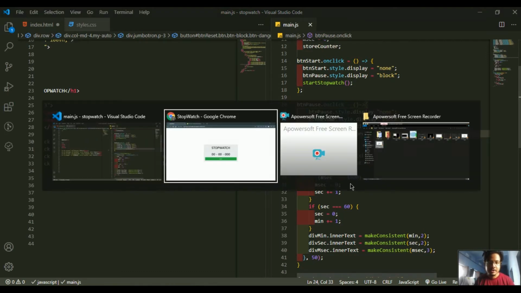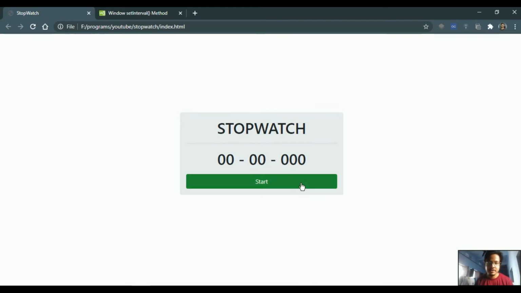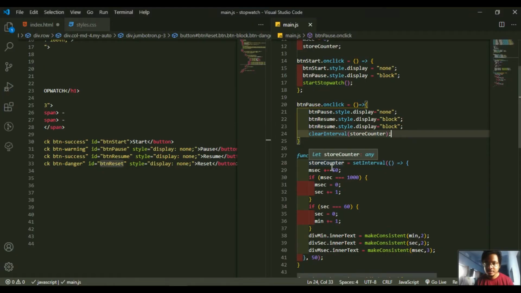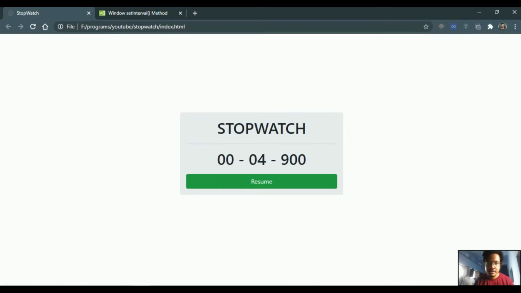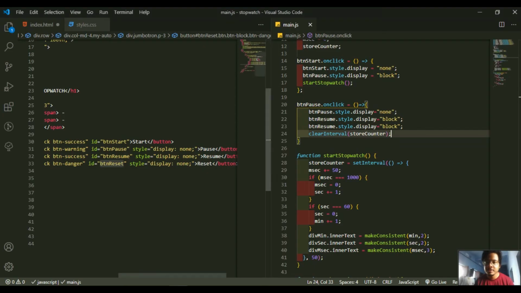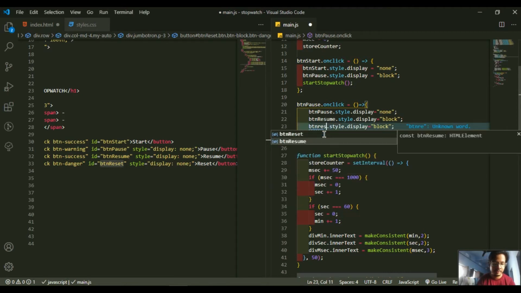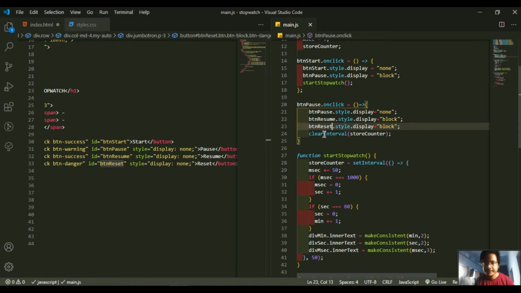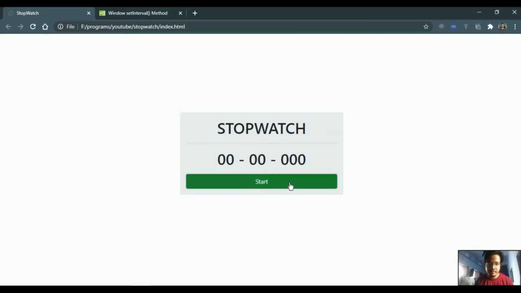So let us check how this is going. Let us refresh this, start this. So now the pause button is visible. If we pause this, then the resume button is visible and the stopwatch is paused. So here the reset button is not visible because I have made a mistake here. The button resume will not be there, button reset will be there. So now refresh this and we'll start this, and when we pause,